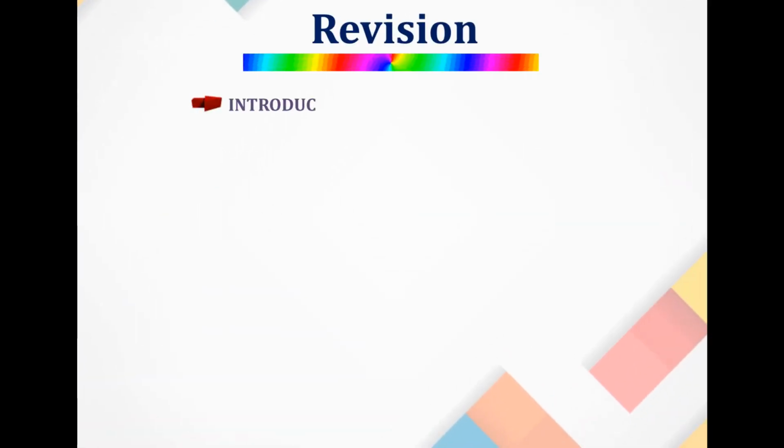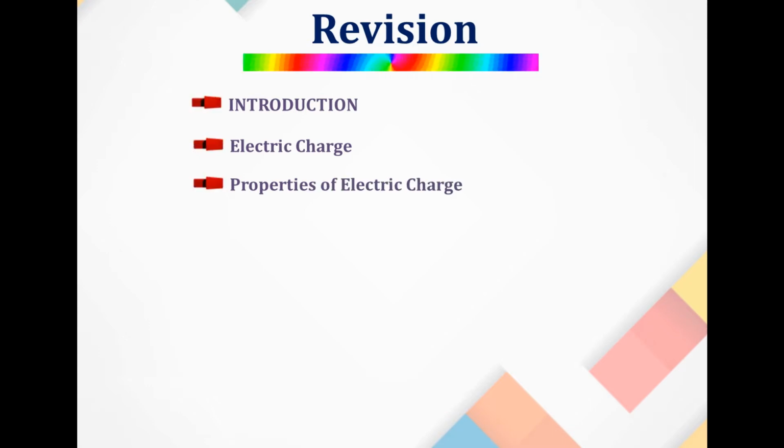In the previous class we had discussed what we are going to discuss in the whole chapter, that is, the introductory part. Then we had also discussed the definition of electric charge and the properties of electric charge: there are two types of charges, positive and negative, additivity of charge, quantization of charge, and also the conservation of charge. Next we had discussed the gold leaf electroscope, a device which detects the presence of charges and the nature of charge in the charged body.